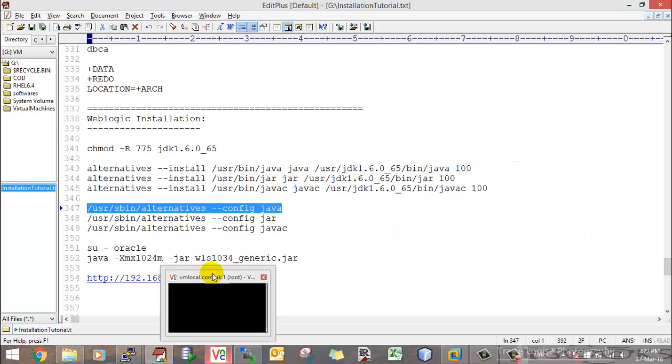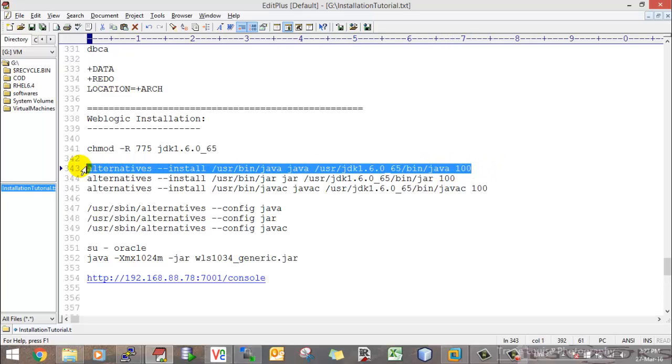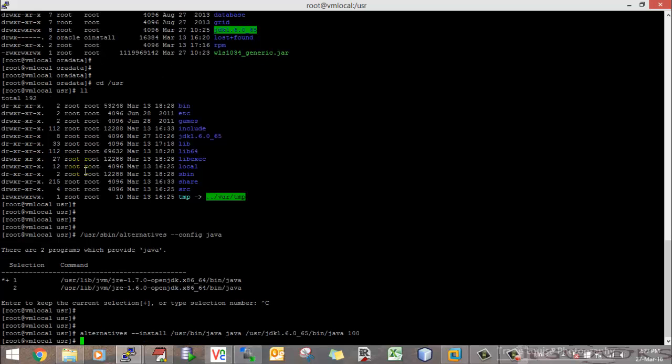To do that, you have to use the alternatives command: alternatives --install to this path /usr/bin/java, and this is the path where you have your Java version 1.6. So I'm going to install the Java 1.6,